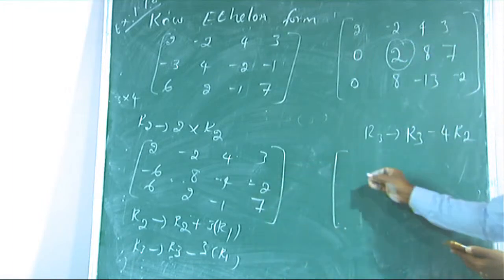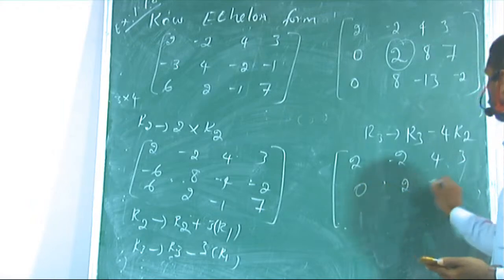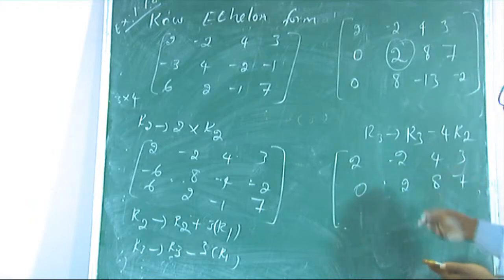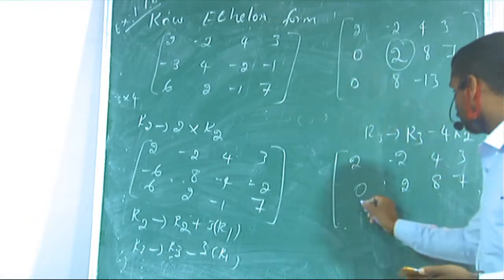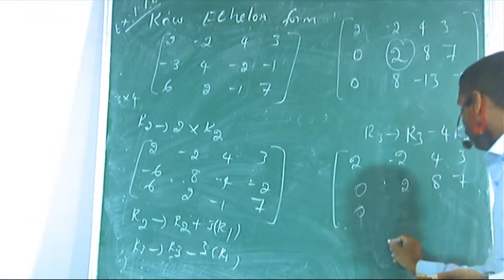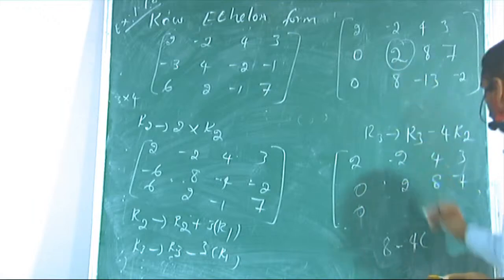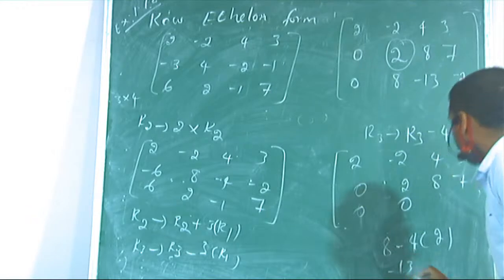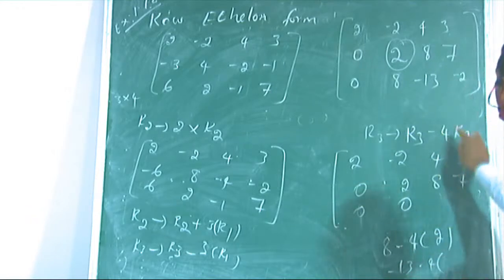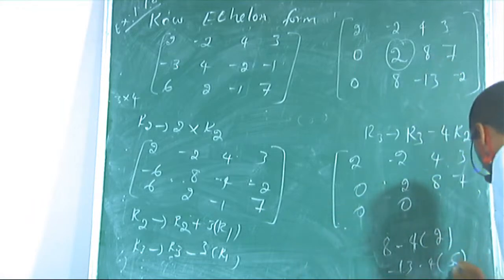Listen my dear friends, R1, R2 as it is: 2, minus 2, 4 and 3. Next one, 0, 2, 8, 7. Third row, R3 gives R3 minus 0, compared with R2, means 0. Next term, so 8 minus 4 into R2, which is 2. Definitely 8 minus 8 is equal to 0. Next term, minus 13 minus 4 into R2, which is